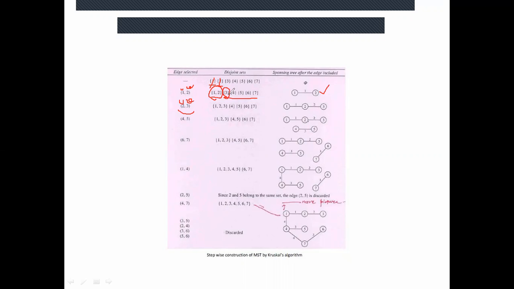So again, if they belong to different sets, you can add an edge between them. Okay, but after adding an edge, you have to take the union of these two. So you take the union of the sets of 1, 2 and 3, you will have one set, this one, 1, 2, 3, and the rest you write as they are: 4, 5, 6, 7. Is it okay?